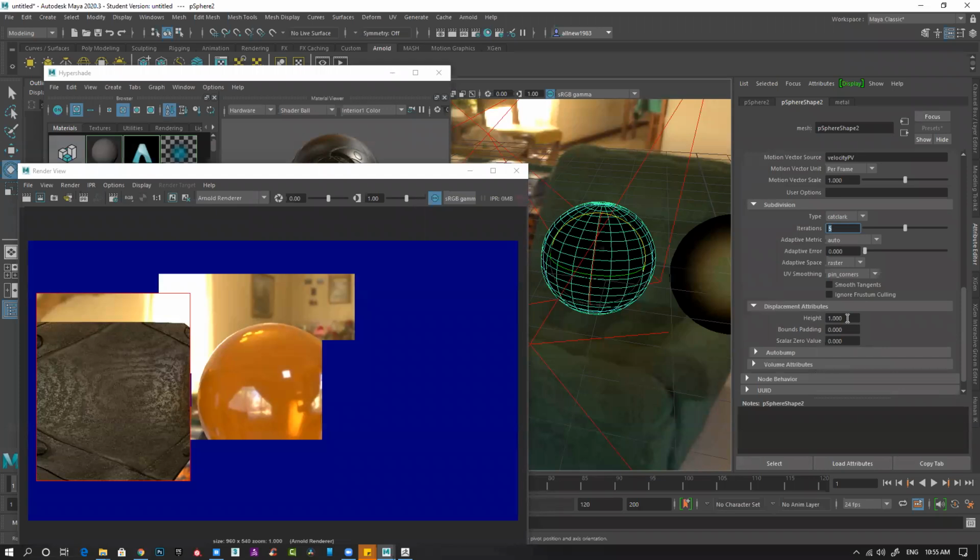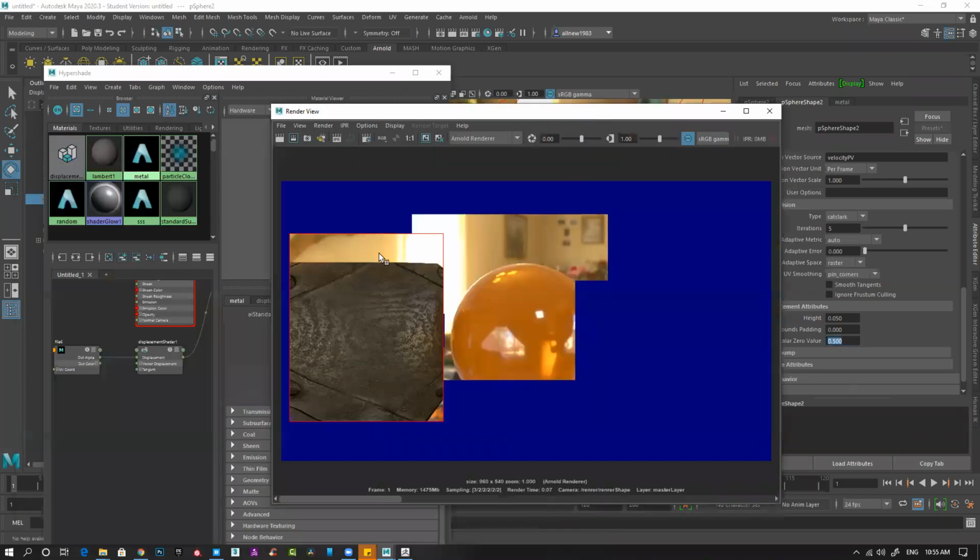And displacement attribute by default is 1. This is something I found, 0.05 works kind of nice for me. You can keep it 1 also, but 0.05 works perfectly for me. Scalar value you can make it 0.5. Everything is set.